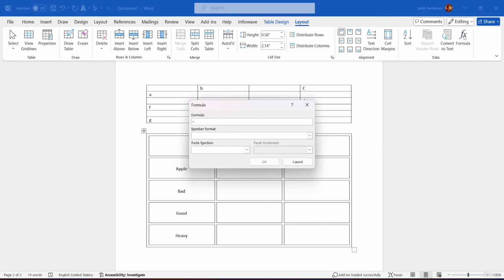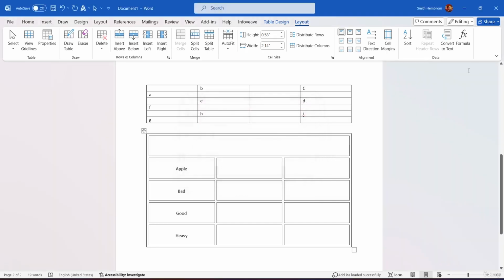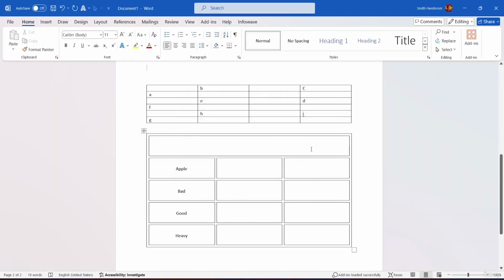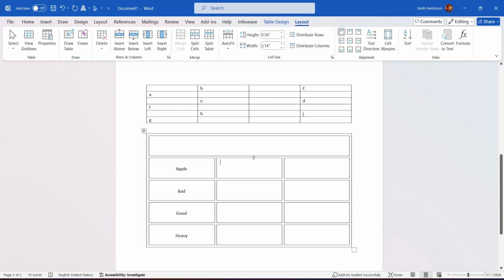Okay, so over here you have different kinds of formulas if you want to apply. Okay, you guys can apply those formulas inside this particular cell and the outcome will be given to you accordingly. Okay, so this was about all these options, how to draw a table, how to use the eraser,